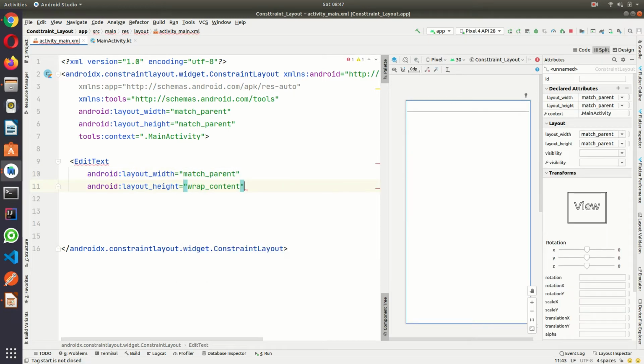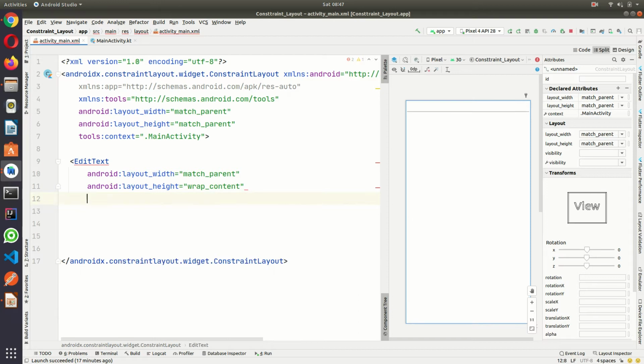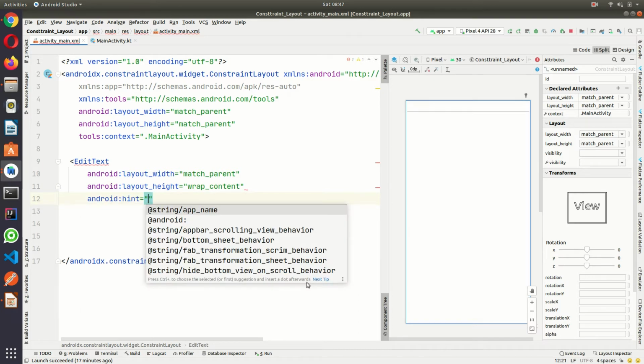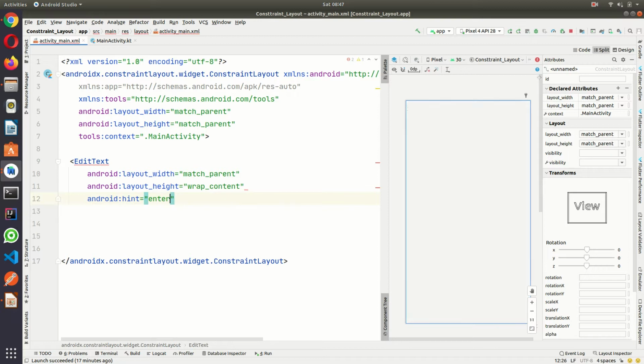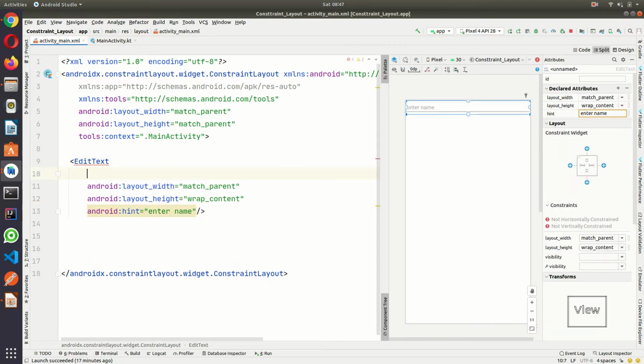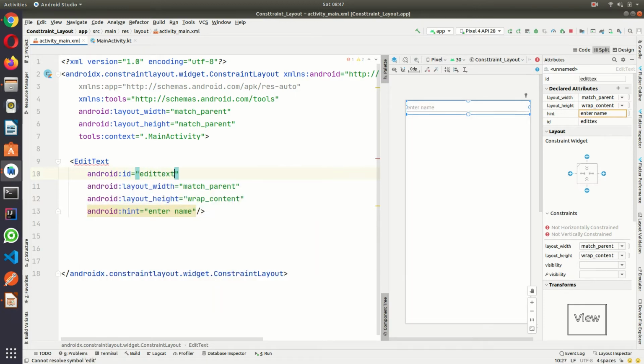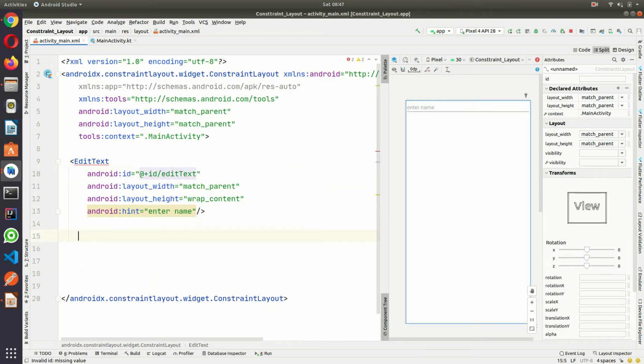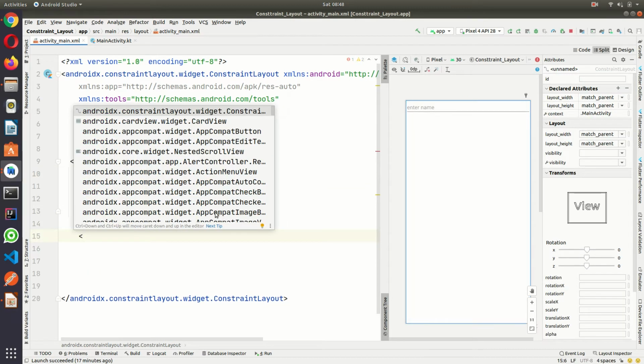Edit text, match parent, height wrap. Here I am giving the hint, enter name, and I am making the ID editText. Okay, then below this I am creating one button.